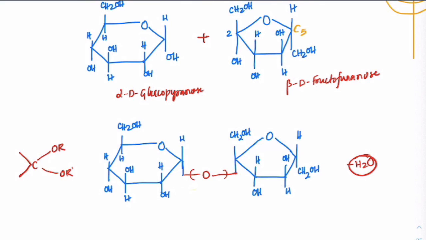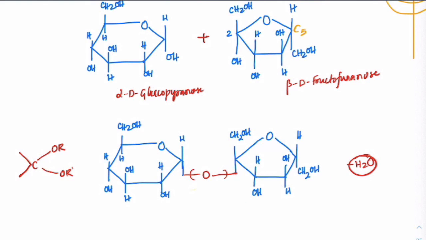So basically this carbon also becomes an acetal, right? And this side also, if you check it out, earlier it was a hemiacetal. Now this one also becomes an acetal because this has OR and this has become OR here. Both sides it has become OR. So with respect to glucose also it is acetal, and with respect to fructose also it is acetal.